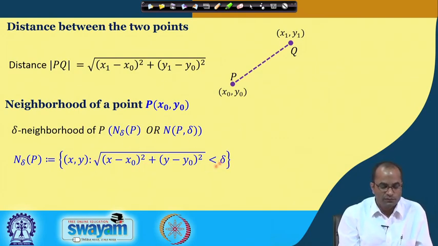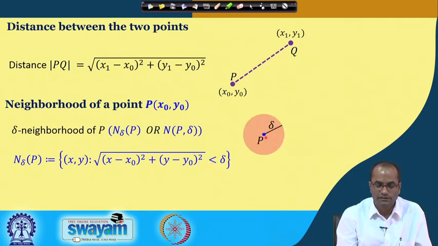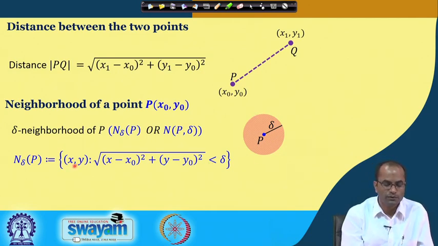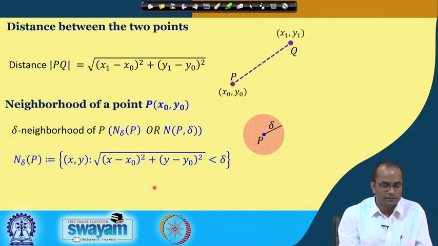So, naturally now this one here is again an open circular disk which is represented here. That is the point P and the radius here is delta, and all the points in this disk satisfy this relation. So, this is the neighborhood of this point P. Note that this is an open neighborhood because the boundary is not included. If we include less than or equal to delta, then the boundary of this disk, that means the circle, will also be included. So, this is the open neighborhood of P with radius delta.